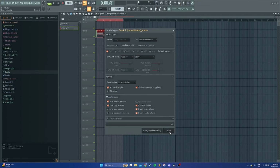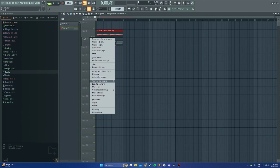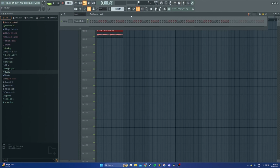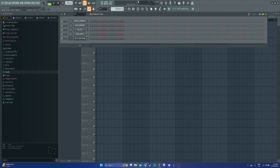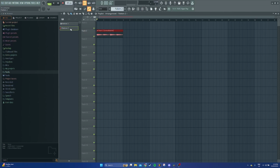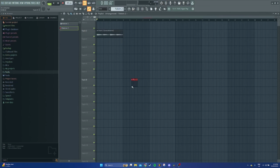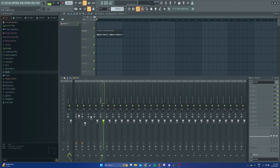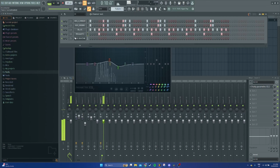Then we're going to consolidate this track, so we turn it from a pattern to an actual sound file, because Analog Lab demo has, I think, a 30-minute timer on it, so we want to get that out of the way. Never mind. I was trying to paste the chords back in for reference, but it seems like I forgot to copy them. Okay, we're gonna just cut this area, and this mid area we'll boost a little bit,